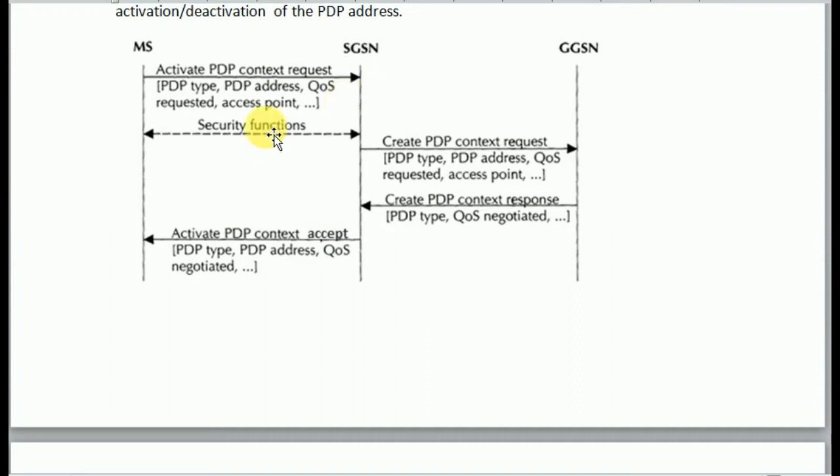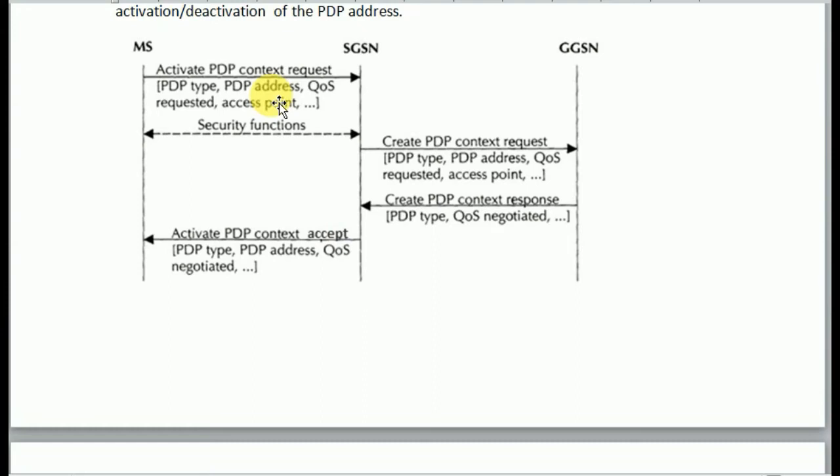So for this purpose, this message activate PDP context request is sent from the MS to the SGSN. Normally this message contains the PDP type, PDP address, QoS, access point, etc. If the request is for dynamic PDP address assignment, the parameter PDP address will be left empty.